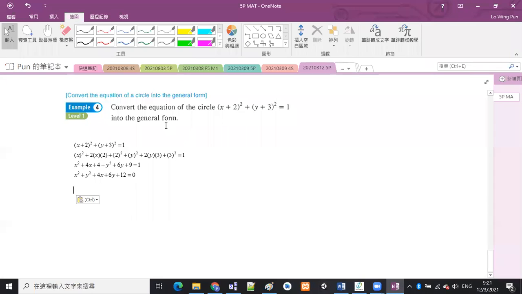This is so-called the general form. General form 即係拆晒括號，OK，然之後擺晒啲 terms 去左手邊咁樣嘅，得唔得？